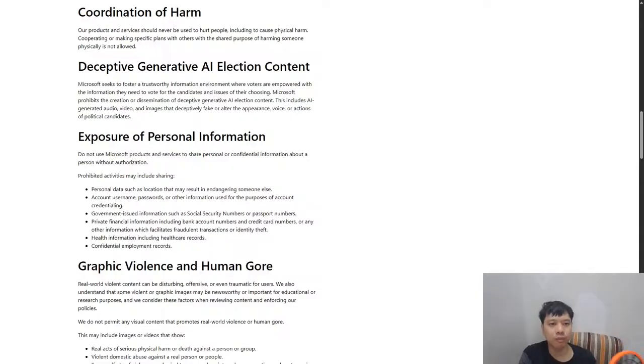Deceptive generative AI election content. Microsoft seeks to foster a trustworthy information environment where voters are empowered with the information they need to vote for the candidates and issues of their choosing. Microsoft prohibits the creation or dissemination of deceptive generative AI election content. This includes AI generated audio, video, or images that deceptively fake or alter the appearance, voice, or actions of political